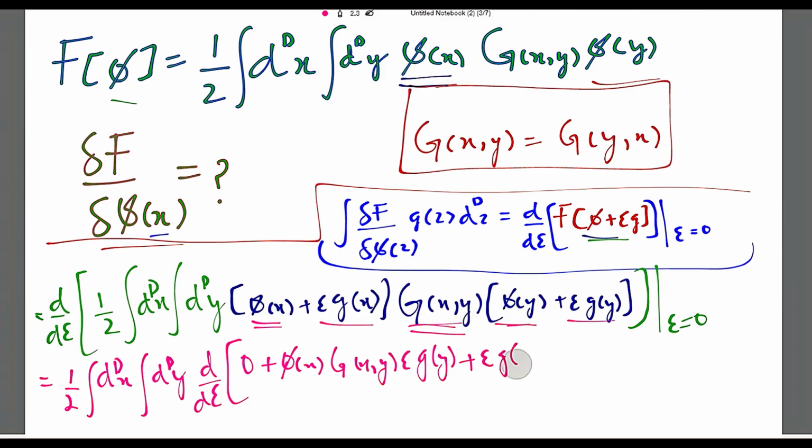And at the end the last quantity will be e g of x, g of xy and e g of y, so it will become e square g of x, capital G of xy and g of y, bracket closes,